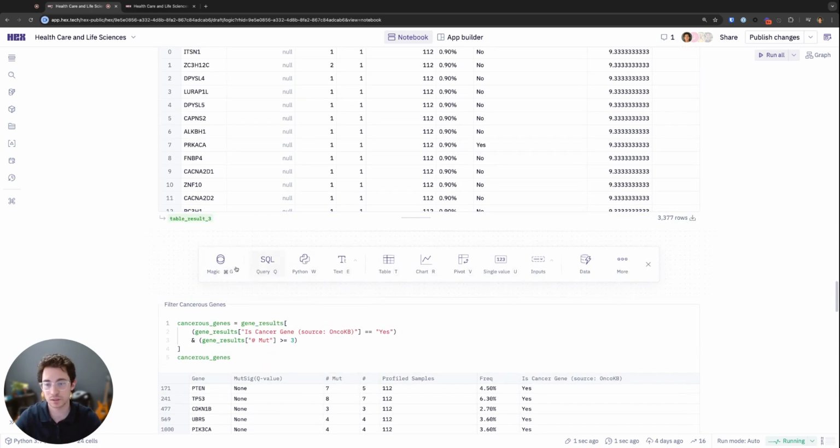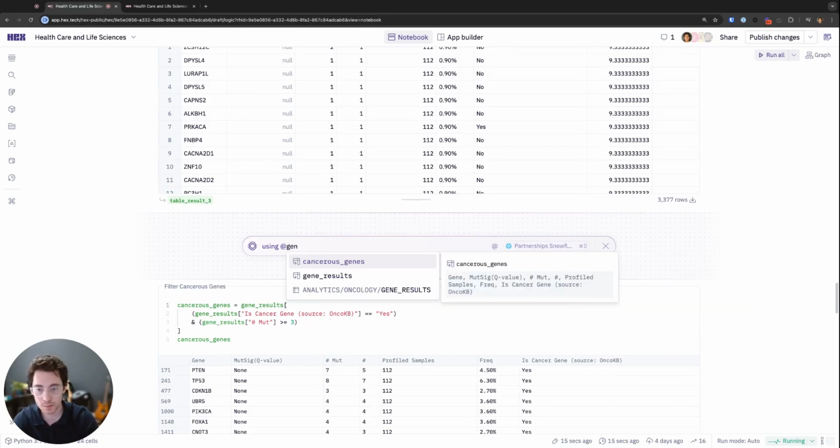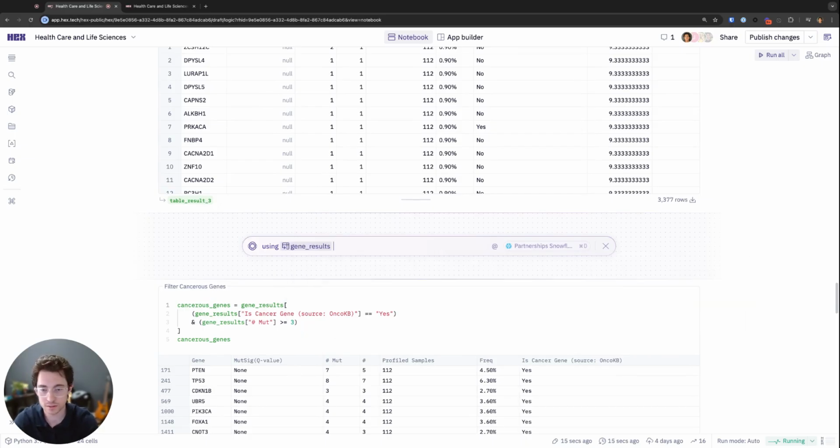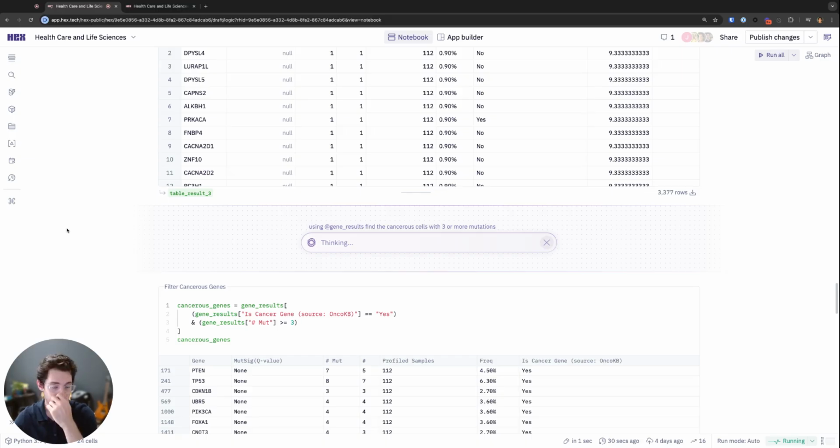I can even start leveraging magic analysis. And the best way to show you this is by doing it. So I'm going to say, using my gene results, a new data set here, find the cancerous 3 or more mutations. Now, magic analysis is using OpenAI as our LLM integration here, where I, as a user